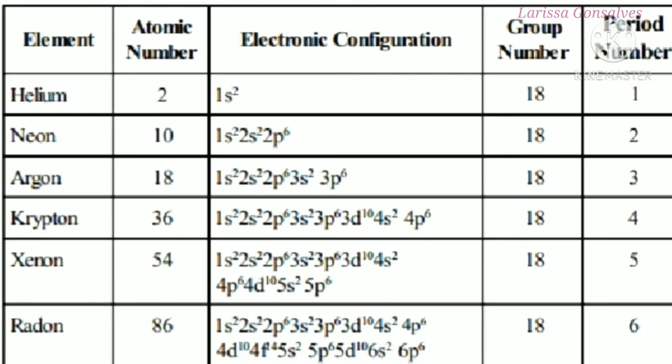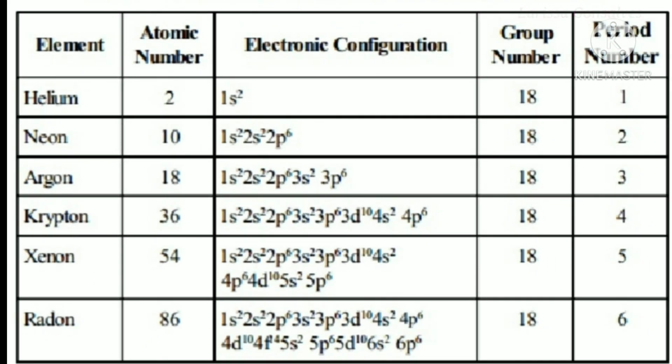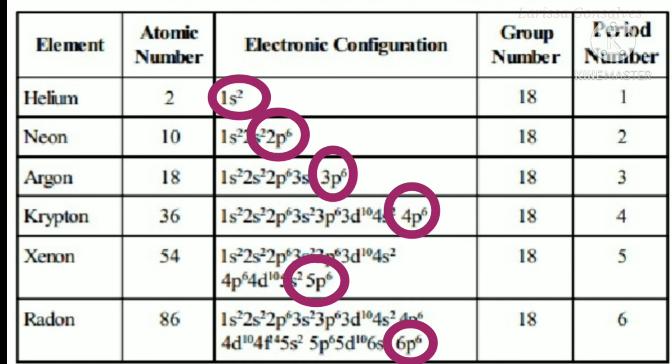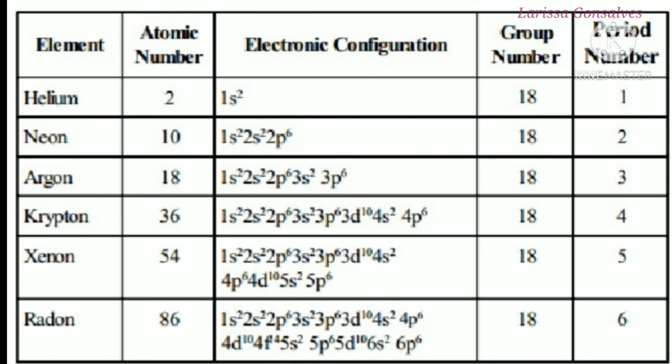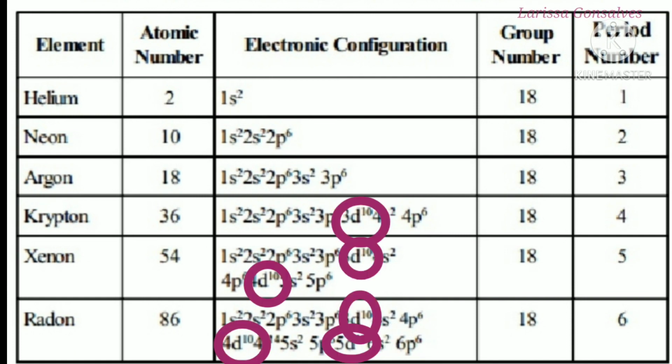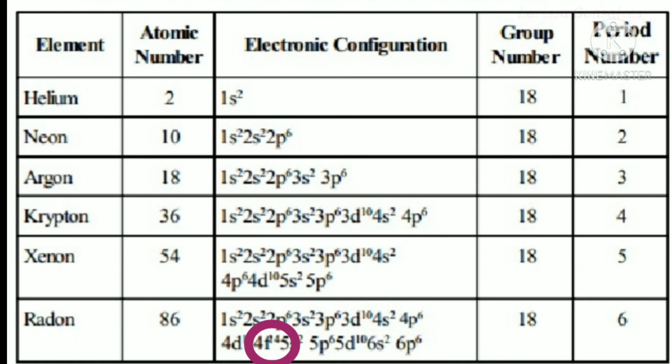Now, why is it so that we consider only the noble gases, that is group 18, to write the condensed orbital notation? It is because they have completely filled subshells, that is s will be having completely filled 2 electrons, p will be having completely filled 6 electrons, d is going to have completely filled 10 electrons and f is going to have completely filled 14 electrons.